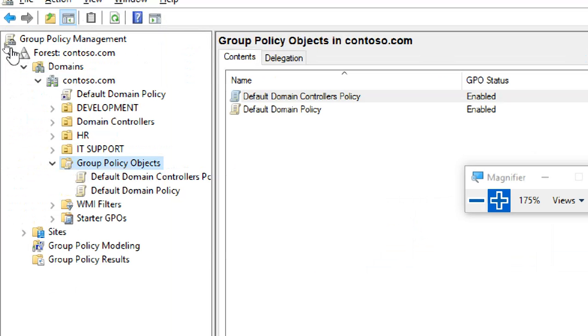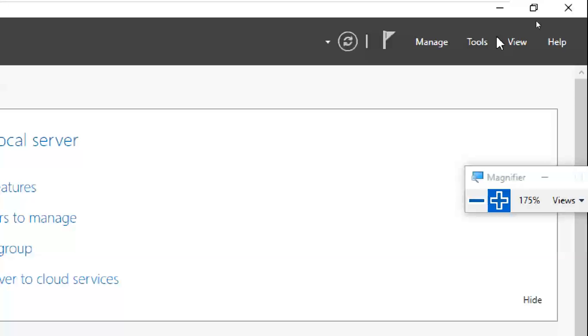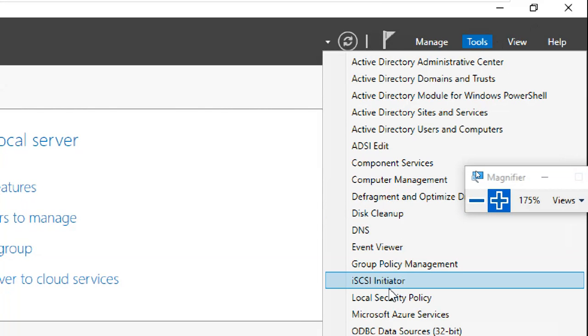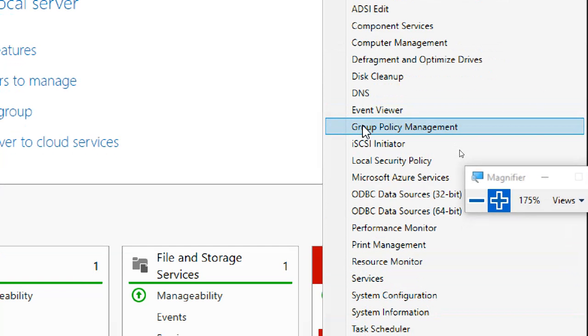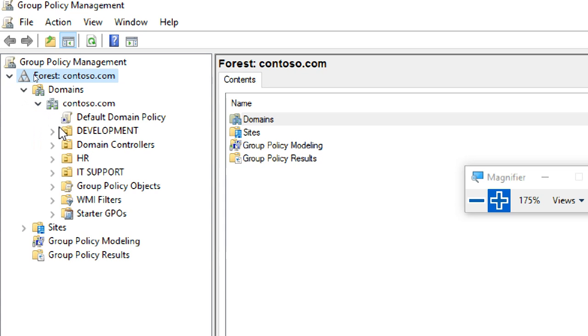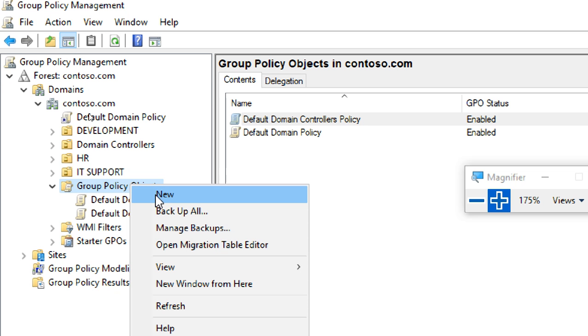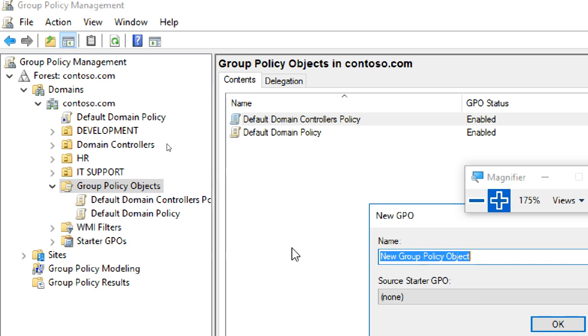Okay, so this I will also close. So now you guys, you tell me the step by step, I will do it. No, I will tell anyway. Open Group Policy Management. First open Group Policy Management, expand the forest, domain contoso.com, go to Group Policy Objects, expand Group Policy Objects, right click on Group Policy Objects, not here, here, New. So it means create a policy.